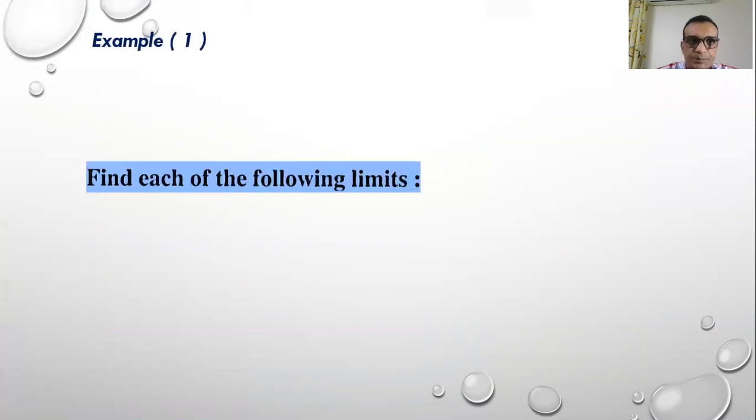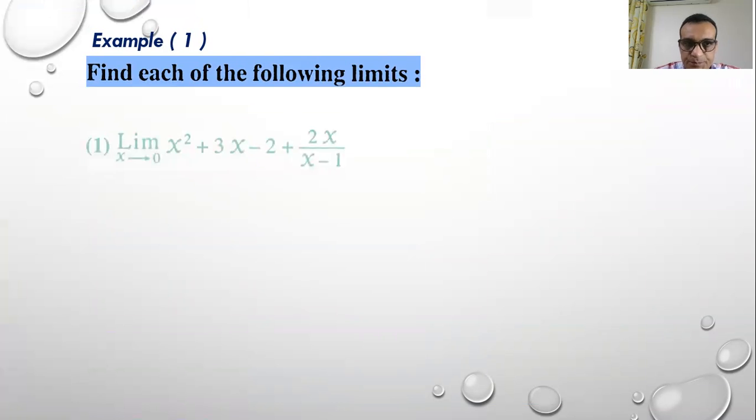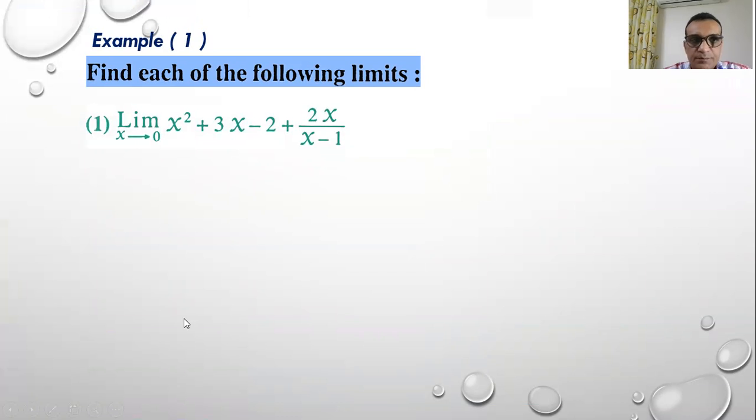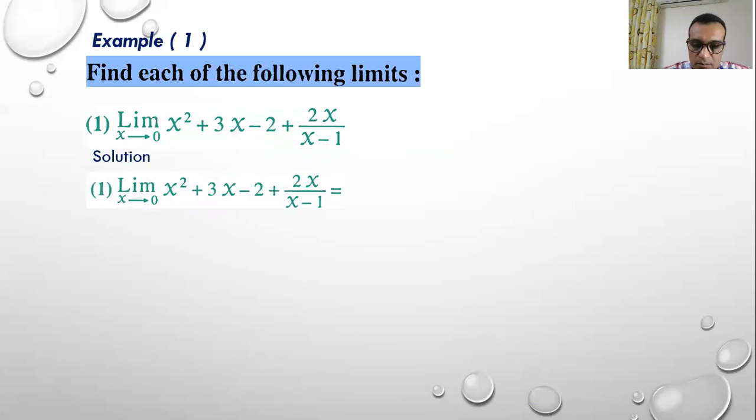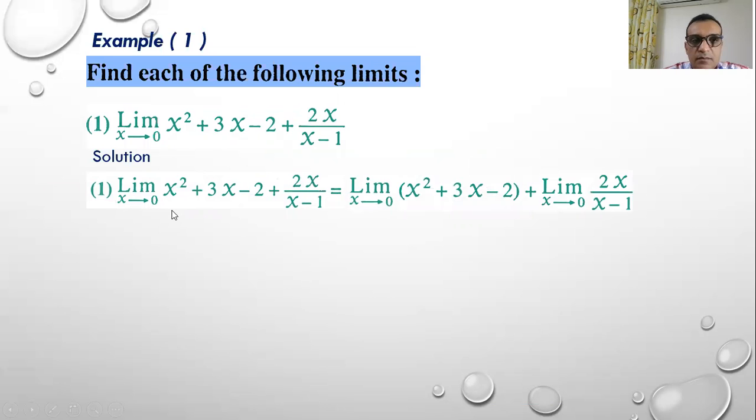For example, example 1, find each of the following limits. Number 1, the limit of x squared plus 3x minus 2 plus 2x over x minus 1 when x approaches 0. Solution: the limit of x squared plus 3x minus 2 plus 2x over x minus 1 when x approaches 0 equals the limit of x squared plus 3x minus 2 when x approaches 0 plus the limit of 2x over x minus 1 when x approaches 0,